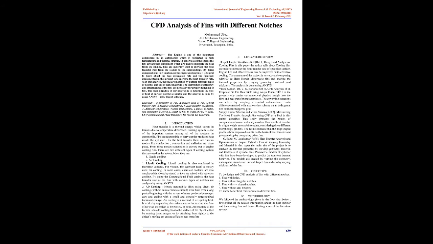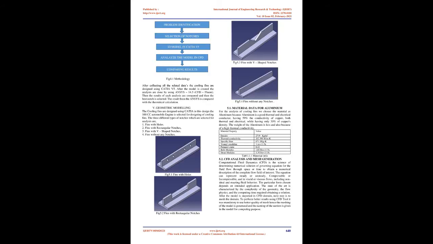There are two different types of cooling system that are used in automobiles. They are liquid cooling and air cooling. Liquid cooling is also employed in maritime vehicles. For vessels, the seawater itself is mostly used for cooling. In some cases, chemical coolants are also employed in closed systems, or they are mixed with seawater cooling. By doing the computational fluid analysis, the heat transfer rate of the fins with various types of notches is analyzed